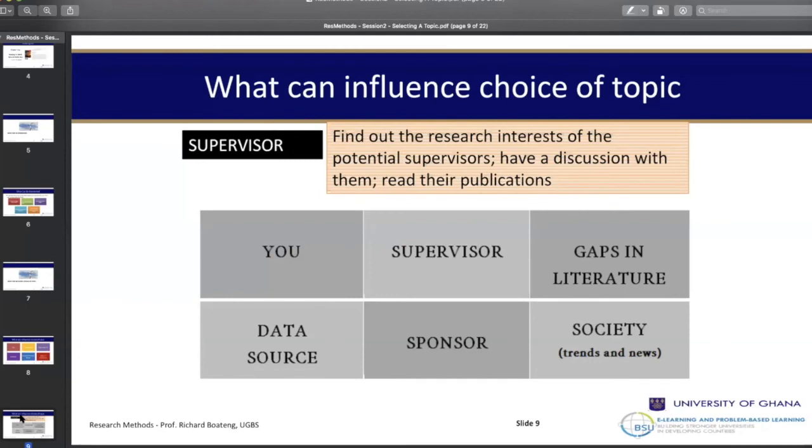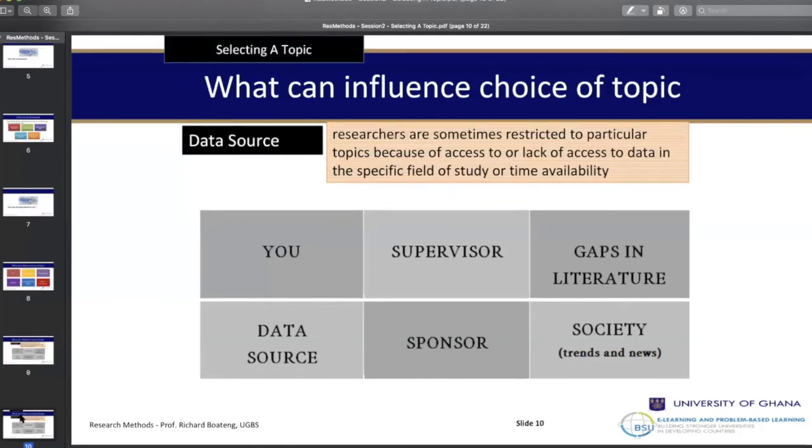So that if it's possible, the person can then go and tell the department head or the responsible person there that I've already started talking to Kwame now, and I would like to do my work requirement on that area called this and that. So that could be one way you could do it. Another thing is that even if the department requests you to bring your topics and you choose a topic which is relevant to somebody's area, they could assign it to that person. But be proactive in what you are doing so that you can even get to know the lecturers, what they are doing, so that you can talk to them ahead of time.